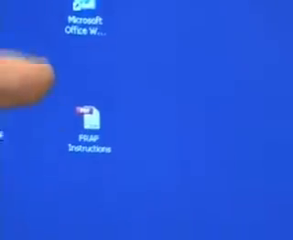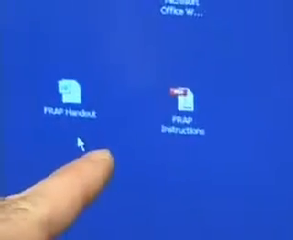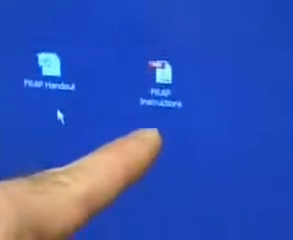It's a MATLAB file. Here's just a link to Microsoft Word. And down here are both the handout and the instructions, and there will also be a link to the website with these videos on it. So these will be set up for you in the middle of the machine. And the first thing you should do is open up